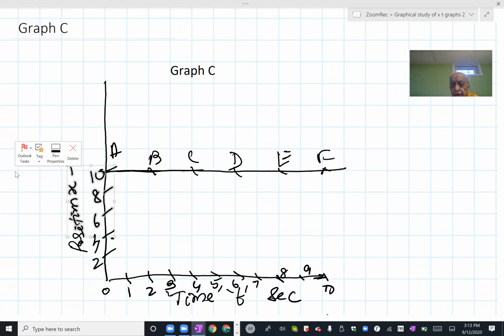Therefore, any 2 points, if you find the y-coordinate difference, YE minus YA, or YF minus YB, or YD minus YC, any 2 points, that's going to be 0, no matter what the x-coordinate difference is. The corresponding x-coordinate difference may be 8 minus 0 for A and E, it can be 9 minus 1 for B and F, and so on. But whatever the denominator, the numerator collapses to 0, which means the velocity is 0, because it is only the y-coordinate difference divided by the x-coordinate difference.